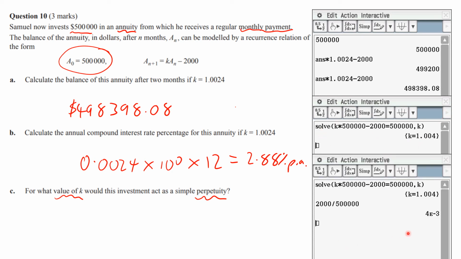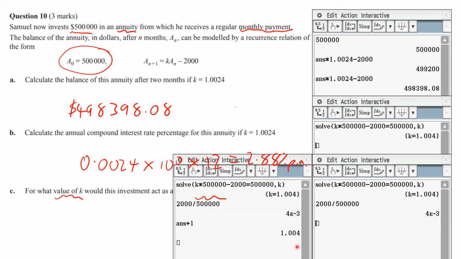Another way of doing it is you could just take the 2,000 and divide by the 500,000, and you'd get this number. Now that's for e neg 3, which is 4 times e to the neg 3, which means moving the decimal place 3 times. Now, if you're not great with this, a little trick I always do is I just add 1, and then it gives me the decimal places. So I know that either way, I've got this value. It worked out, so it is